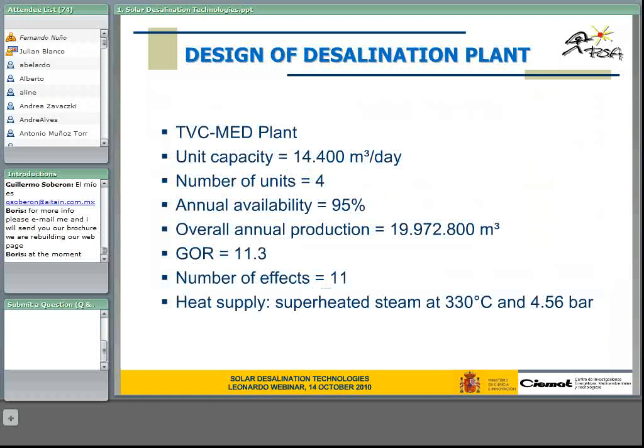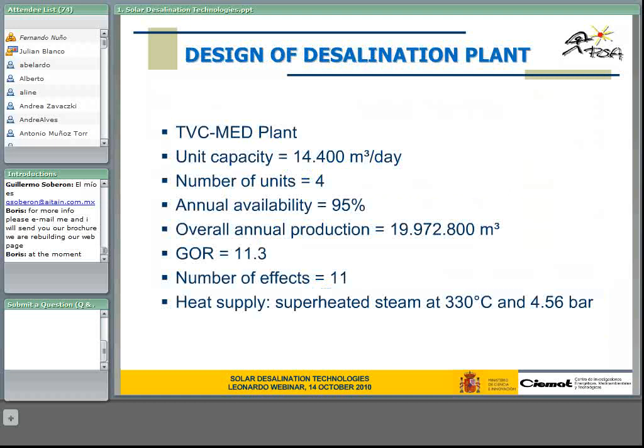I mean, to work with a thermocompressor, which is typically the conventional way to do this, and considering a unit capacity of one MED of about 14,400 cubic meters per day. We are going to consider 4 of these units, so we are going to have a plant of about 55,000 cubic meters per day. We are considering that the annual availability of this plant will be about 95%. So this means that the yearly production of this plant will be nearly 20 million cubic meters